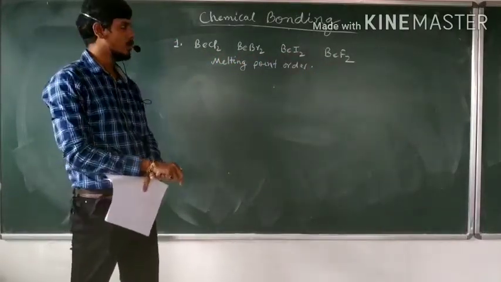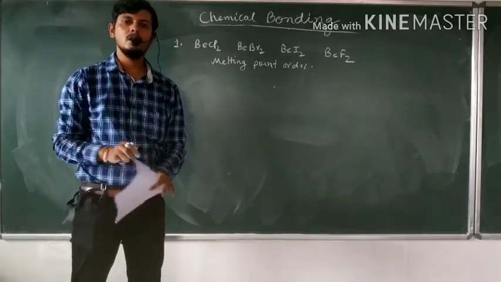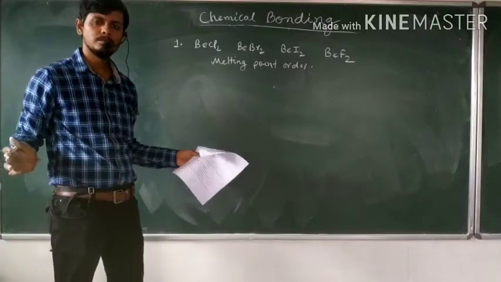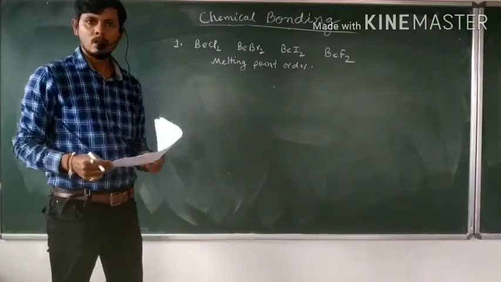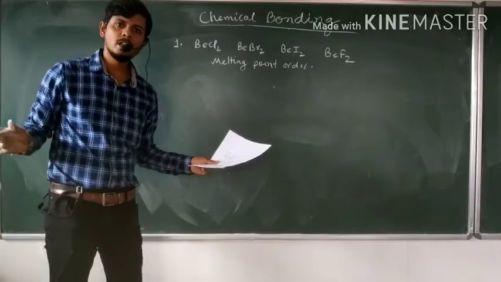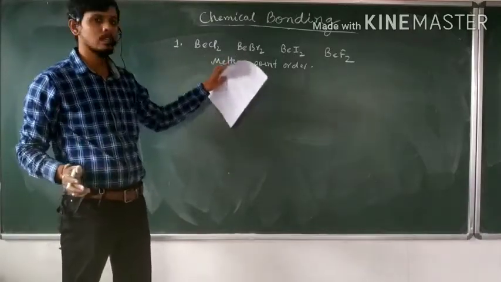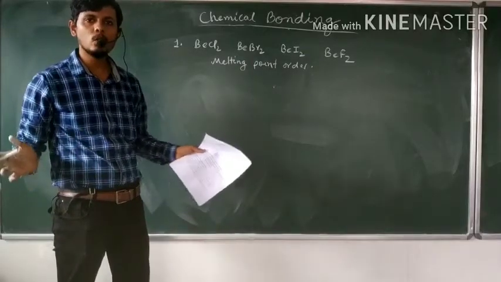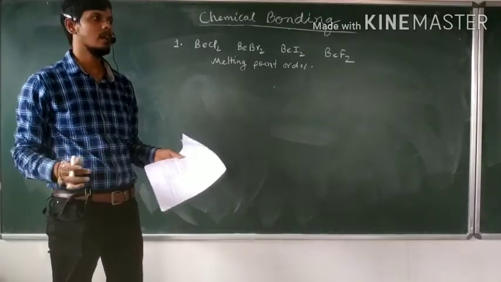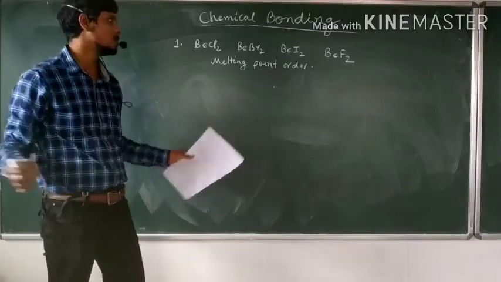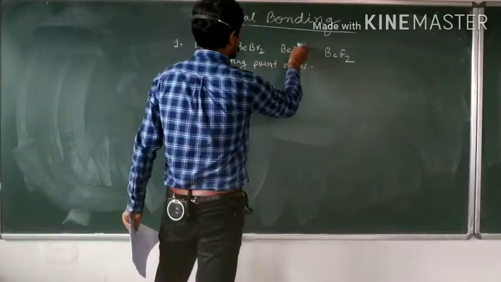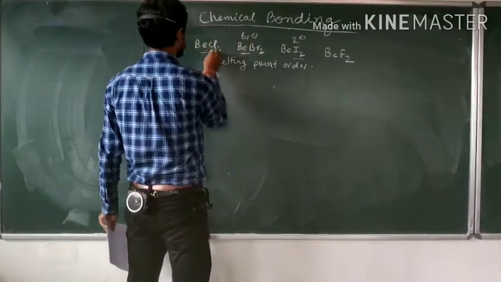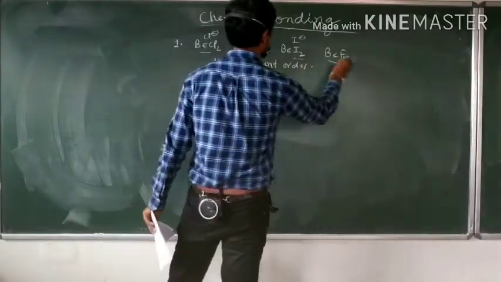As I already told, an increase in the size of the anion increases the covalent character. Here I have I negative, Br negative, Cl negative,